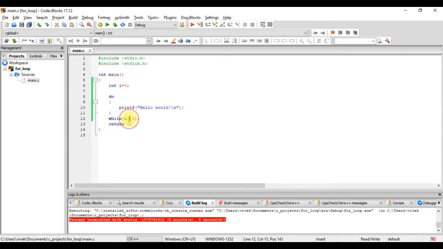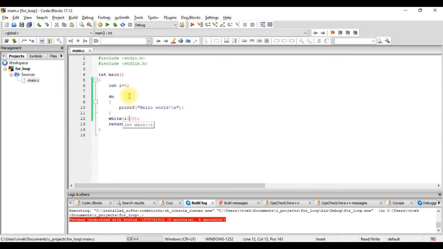This expression is true, it goes back to print this statement, comes back here, checks the expression. The value of I is still 0. This statement is evaluated to be true. Since it is evaluated to be true, it goes to the body again, prints it, comes here. This loop keeps on continuing because the value of I is not changing, and hence we get an infinite loop here.